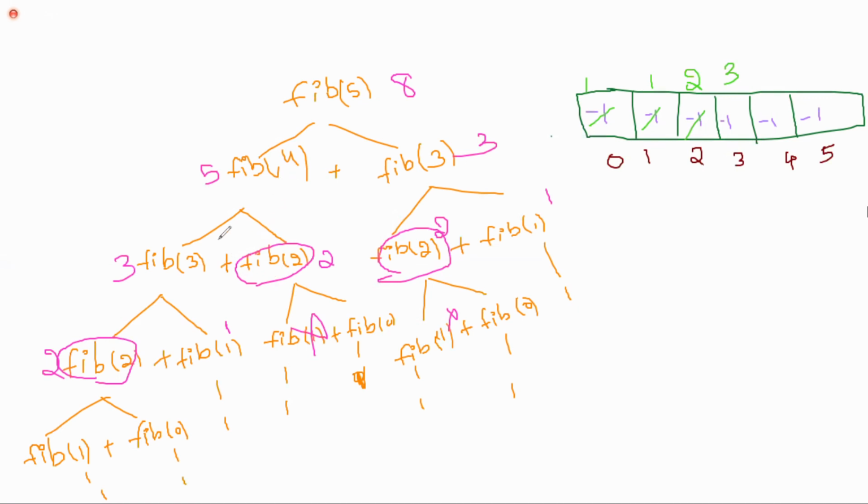Whenever you are calculating fib of 4, no need to calculate this fib of 2 again, because I have already stored this value in its second position in the array. So I have stored it in an array. So no need to calculate again what is fib of 1 plus what is fib of 0. No need to calculate again. Why? Because I have already remembered the value. That's why 2 plus 3 will give you 5.